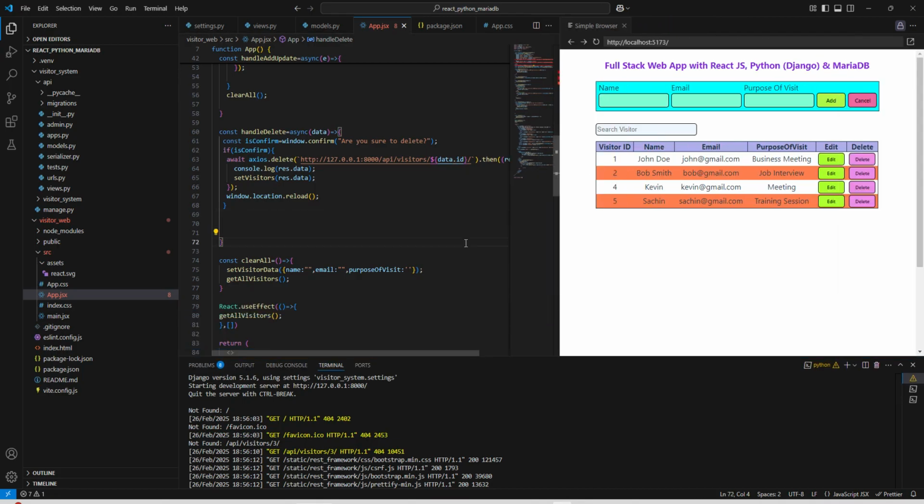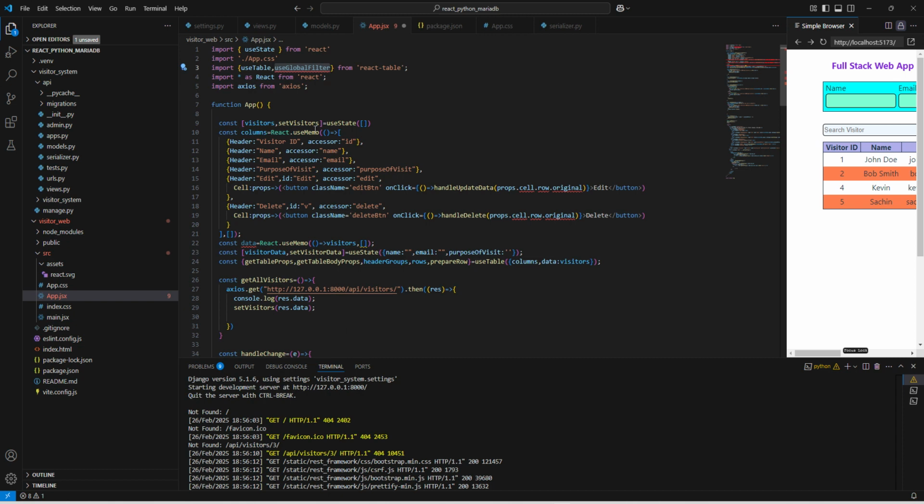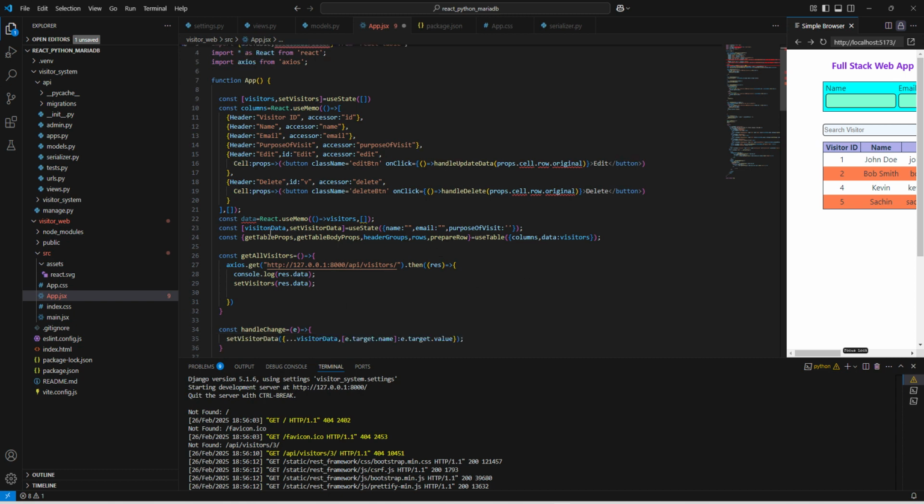Now next thing, we can focus on our search filter, sorting and pagination section. Now let us use our search filter. So here we can use our global filter, and for this we can mention it here. So this is our table related useTable hook, and inside that we can use